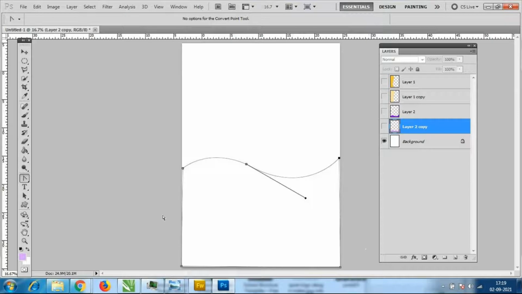Suppose I want some extra points here, but I don't have extra points here. So I have to go here. There is an option called add anchor point tool and delete anchor point tool. I will select the add anchor point tool. Mainly we use it to add any extra points. Now I have only three points, one, two and three. So I need to add some more. Look here, when you take it to the curve, there is an option called add anchor points, and the delete anchor points.